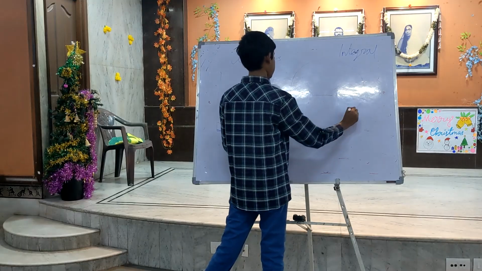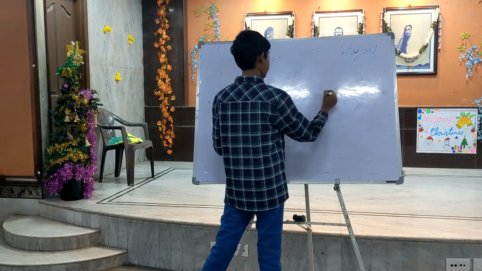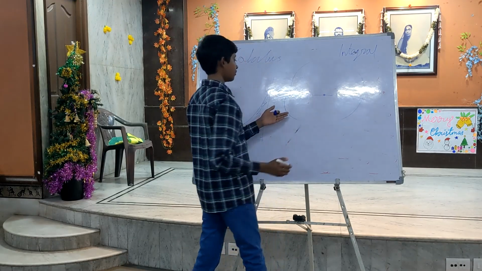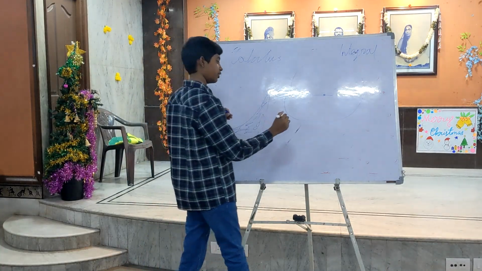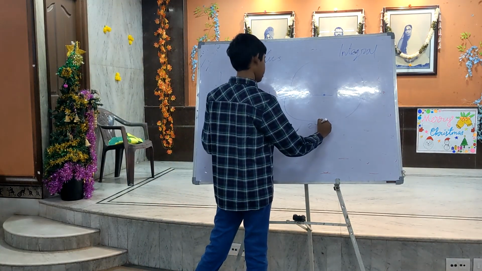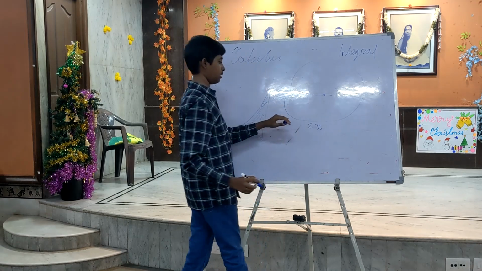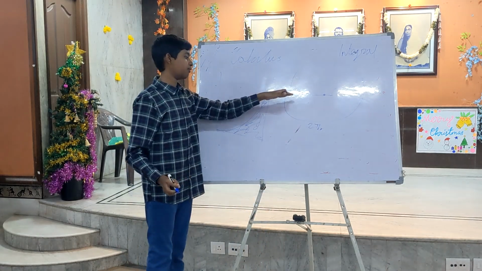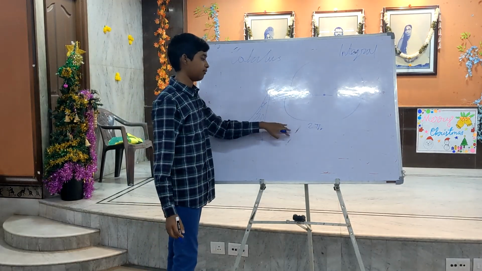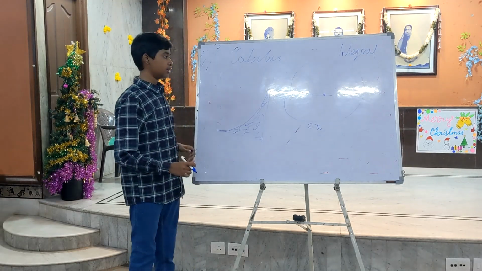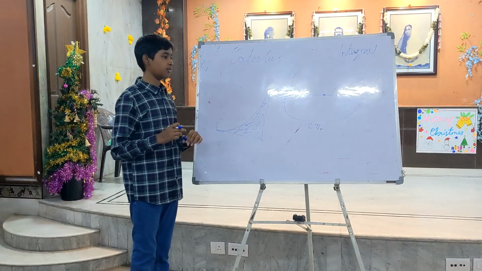This is a circle, roughly drawn, but it's still good. We have the radius r, and the circumference is 2 pi r, and this is by the definition of pi. Pi is the ratio of circumference to diameter, so it's half the ratio of circumference to radius. This is by definition of pi. Now the question is, what's the area of this?